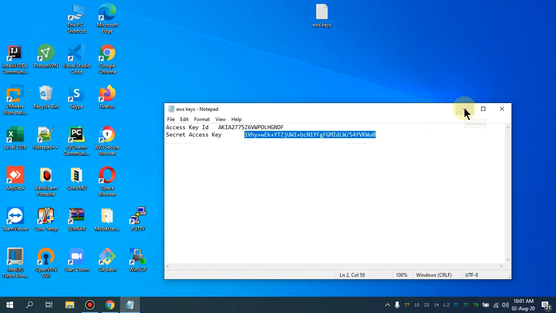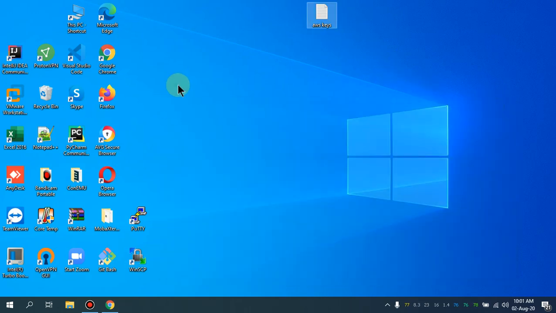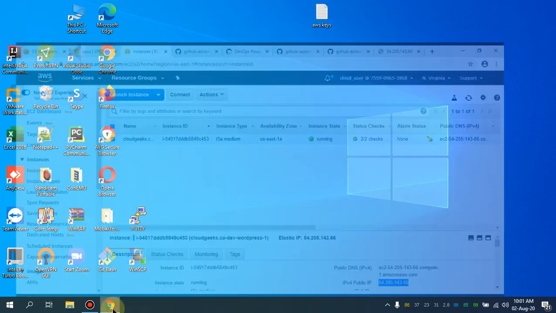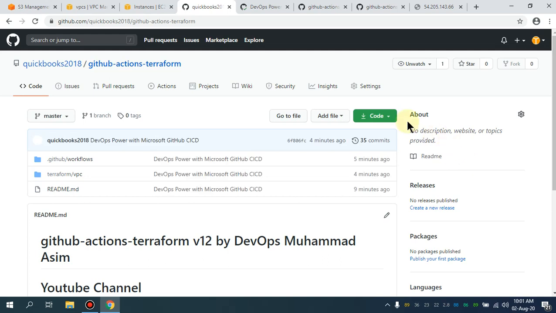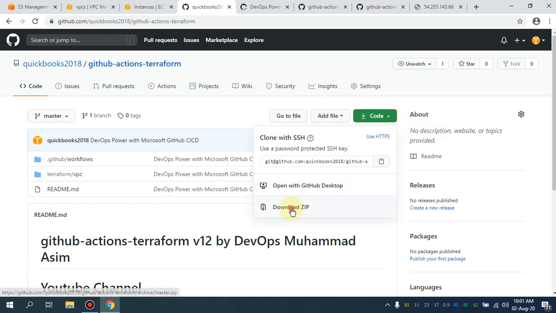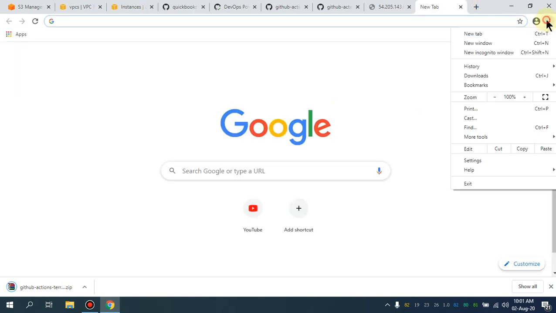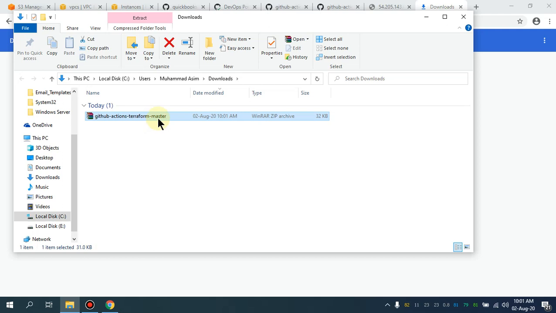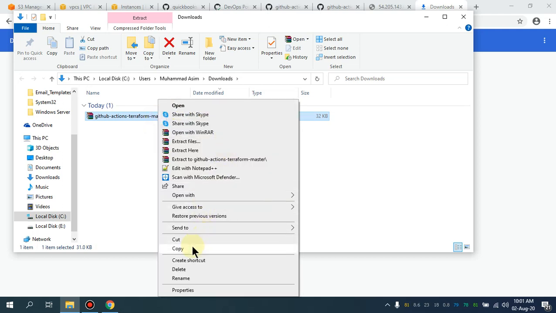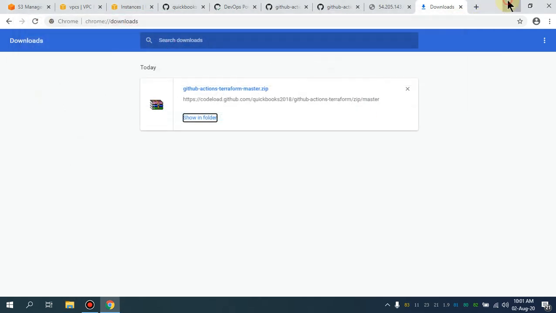you can even SSH into this particular EC2 instance. I've provided the private key as well. So what I'm going to do is simply download this repository. Simply download the zip instead of cloning it. It is pretty lightweight and gives you more understanding that you can do a lot more with this,